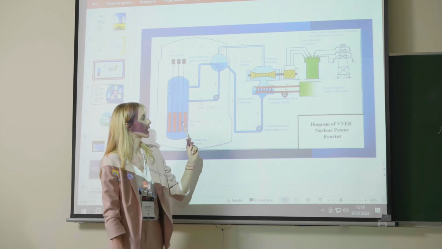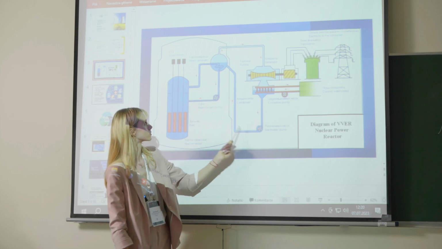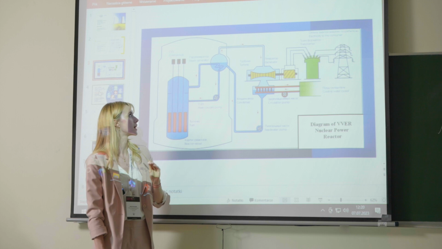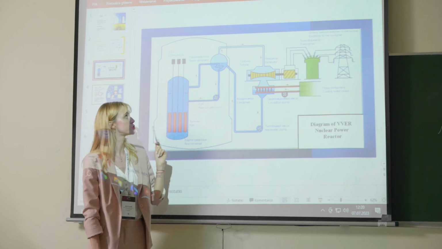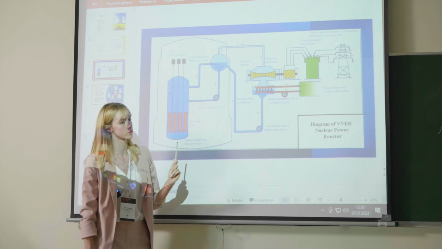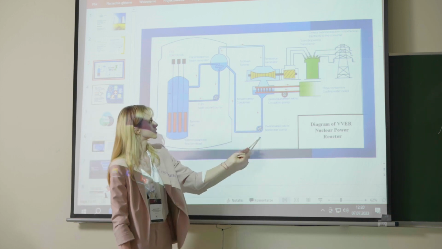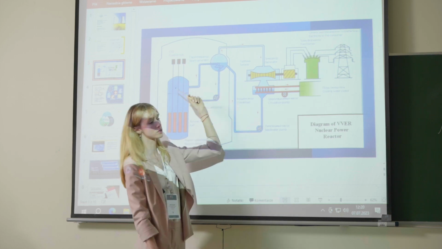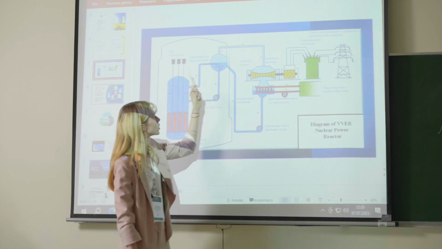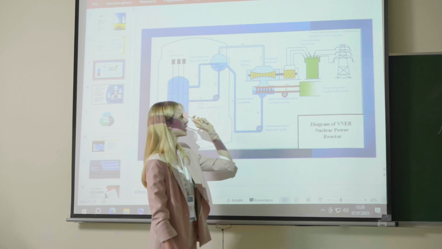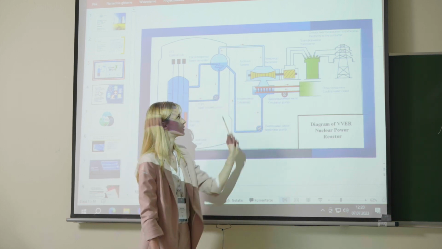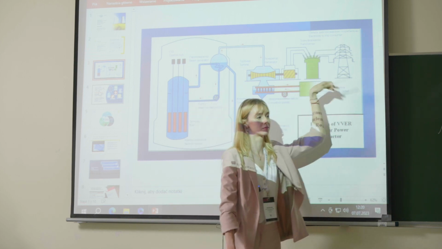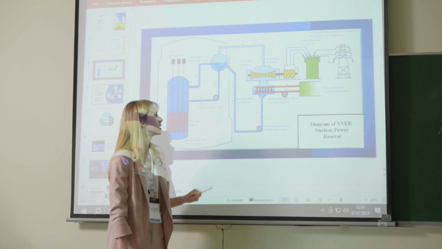The second circuit has the pressure, and the water is pumped like that to the steam generator. The pressure is twice as low as in the first circuit, which means that here in the steam generator, the water that comes from the second circuit vaporizes and generates the steam, obviously. The steam then goes to the generator. It rotates the turbine, then it generates the electricity. It goes to the switchyard, and then to the country, Ukrenergo, and so on.